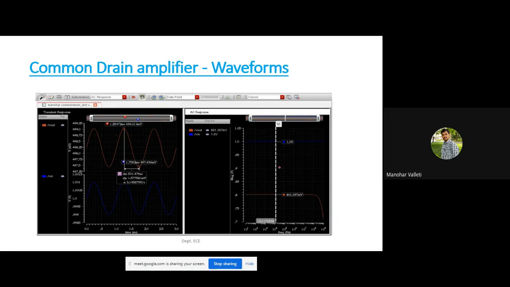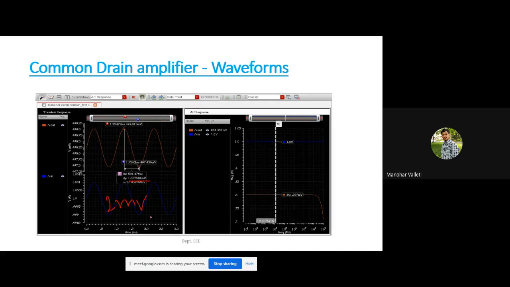This is the waveform we got. Please see the transient response. We applied almost 2 millivolts input peak to peak, and you get around 1.577 millivolts. So the gain here is almost near to 1: input is 2 milli, output is 1.577 milli.